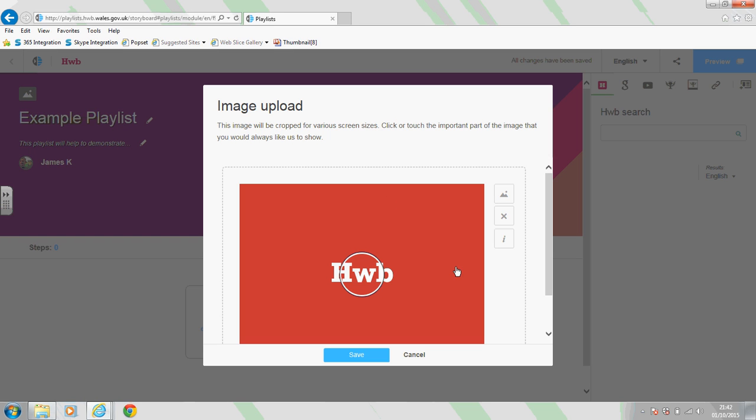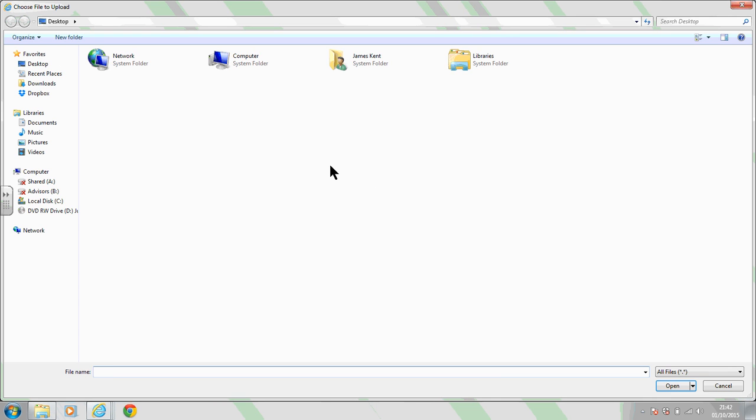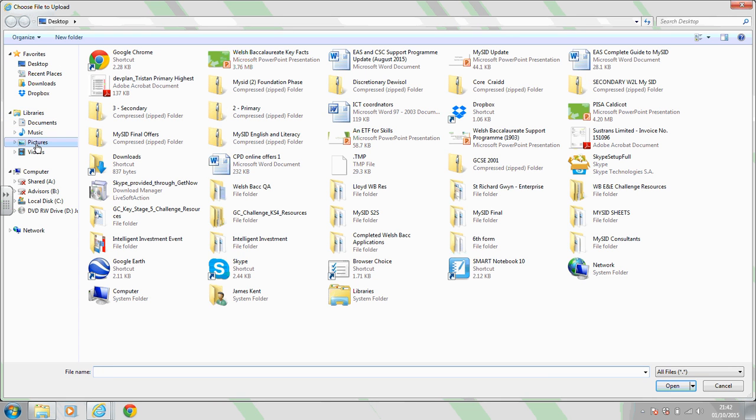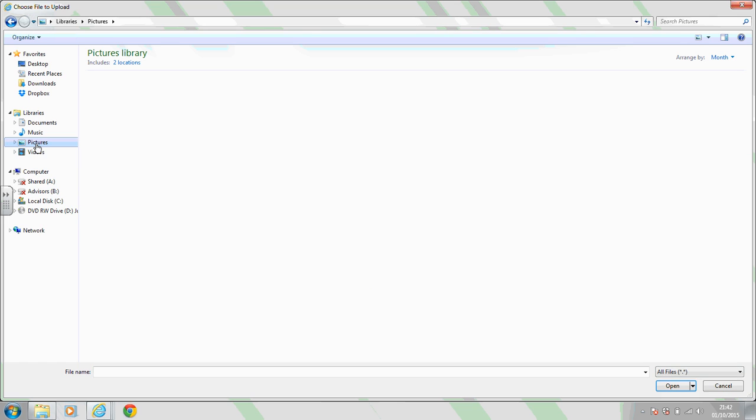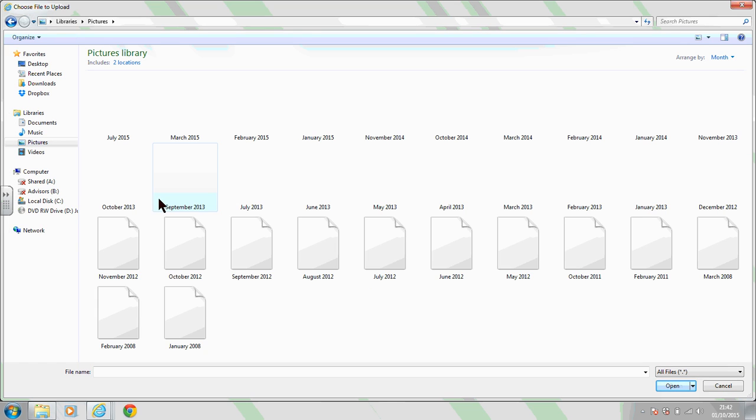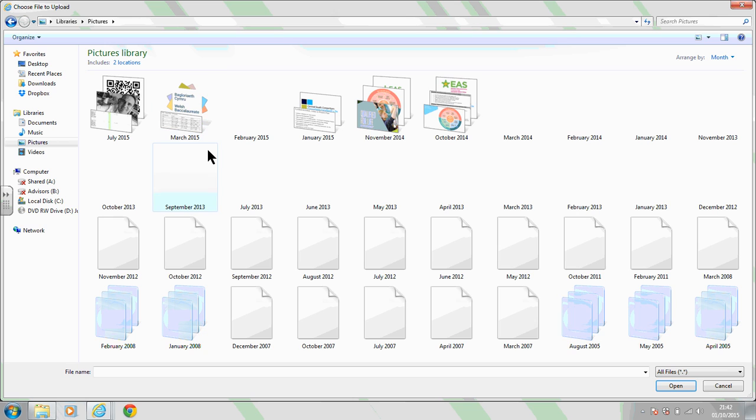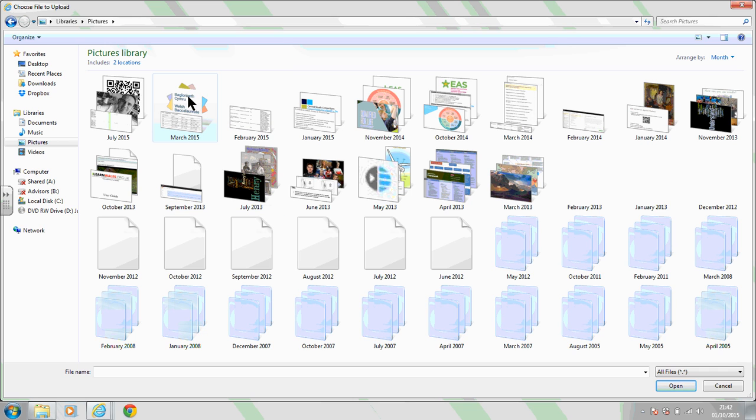header image, and when you get in there it'll say upload image, and if you go to the top box here, choose the file that you'd like to use. If you go there, you can go into your pictures library and you can select an appropriate image that you might like to use. So for the sake of argument, if I was going to select an image here, I might choose,